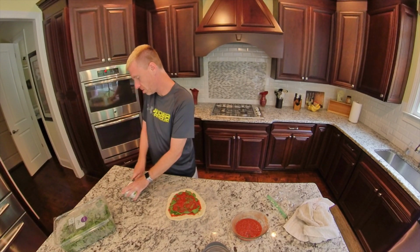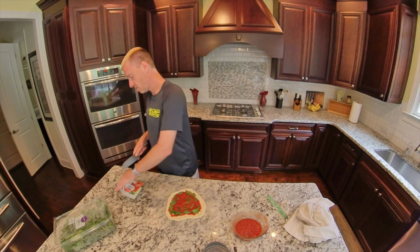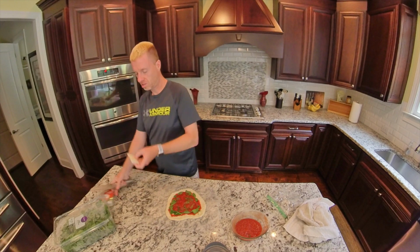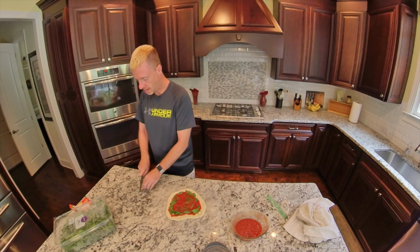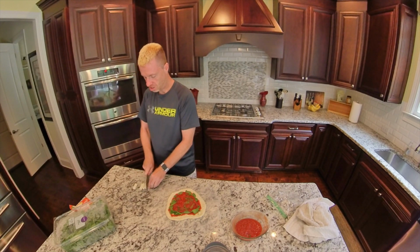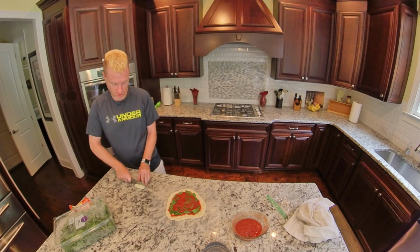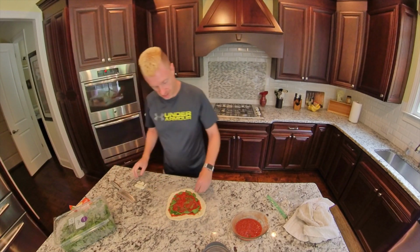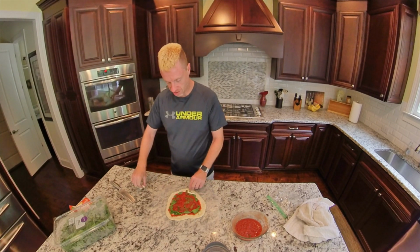And I will cut one slice of cheese like this. Then I cut little strips. I don't like shredded mozzarella because I tend to use way too much of that, but this is almost like shredding the mozzarella. And what I typically do is I put it around the outside